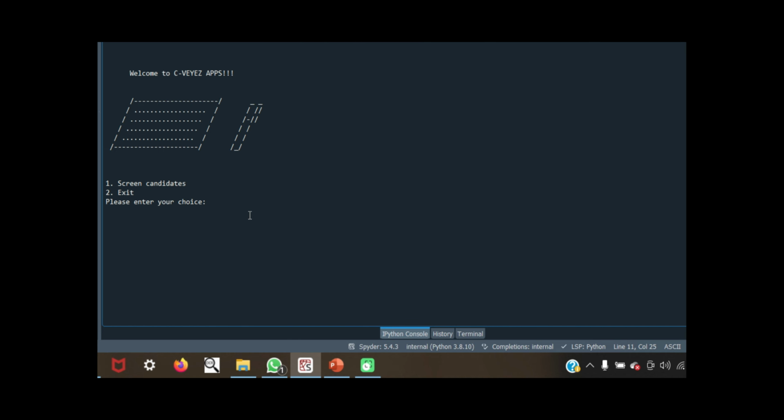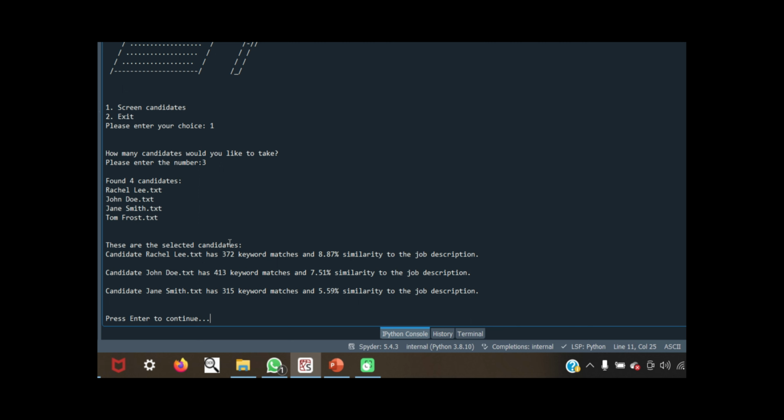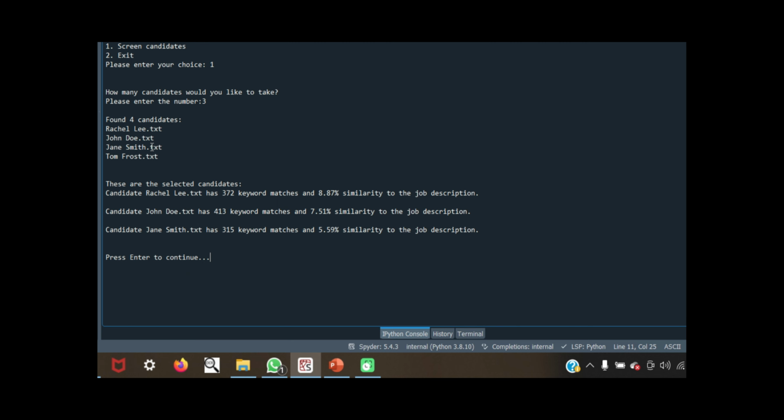Let's say I put one here. I would like to choose screening candidates, and I would like to choose 3 candidates instead of 2. There you go. It tells us all the candidates first, how many candidates there are, and then these are the selected candidates, and the candidates with the highest percentage of similarity will be chosen,